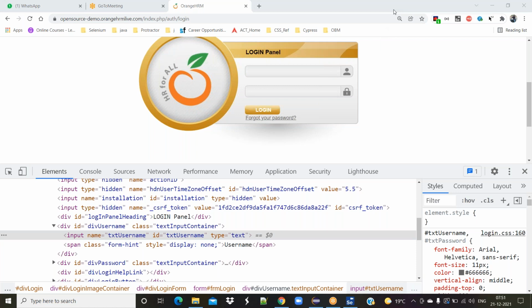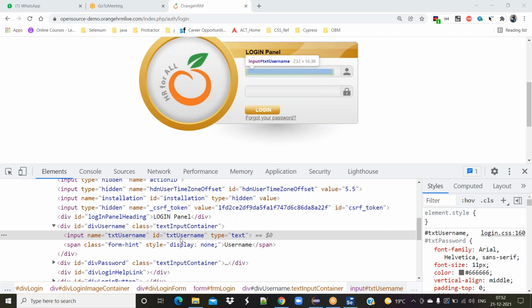Every tag is having multiple attributes, and each and every attribute is having its own values.